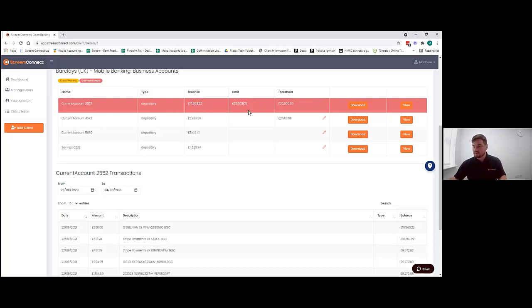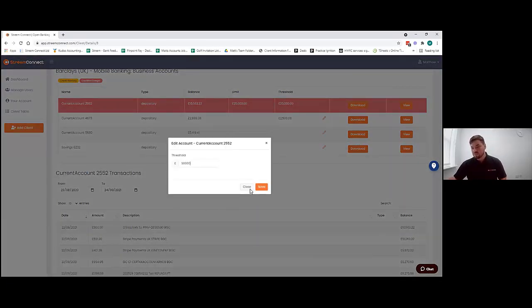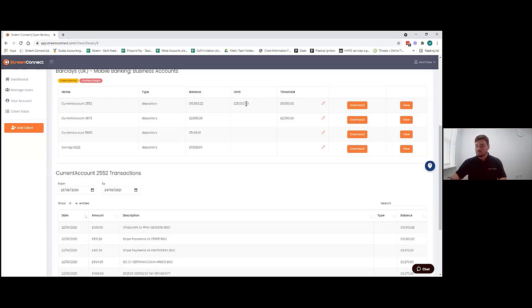So if you've got an overdraft or a credit card which has a credit balance, what it'll do in the limit section is tell us what we can play with. So quick maths, I know I've got £35,000 to play with. But what I've set is a minimum threshold balance. So as soon as our bank balance drops below £20,000, I get an email because it can be quite concerning. If I want to then up that to say £50,000, reduce it to £5,000, then that threshold is not being